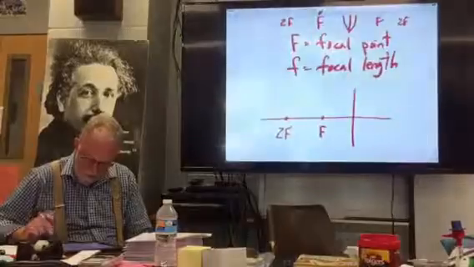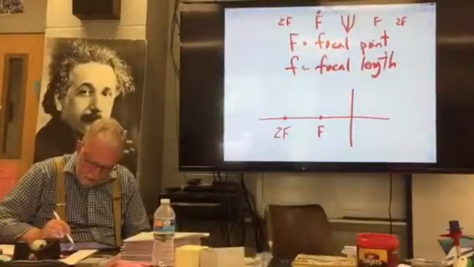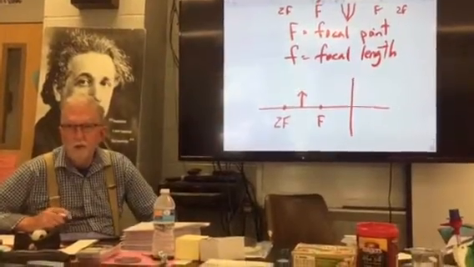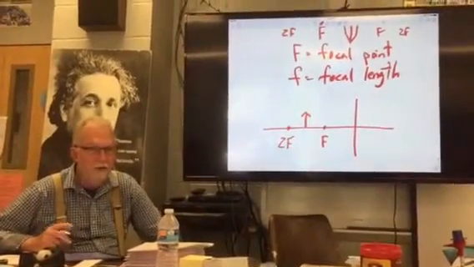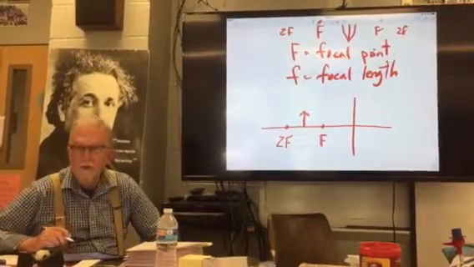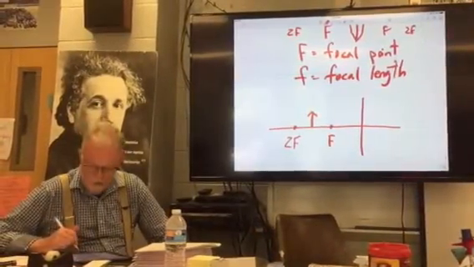Sorry about that interruption. Okay, this is the object. It could be a pencil, it could be a person, it could be a ball, it could be anything. But you usually just draw an arrow. And the top of the arrow is, of course, the top of the object. Now,